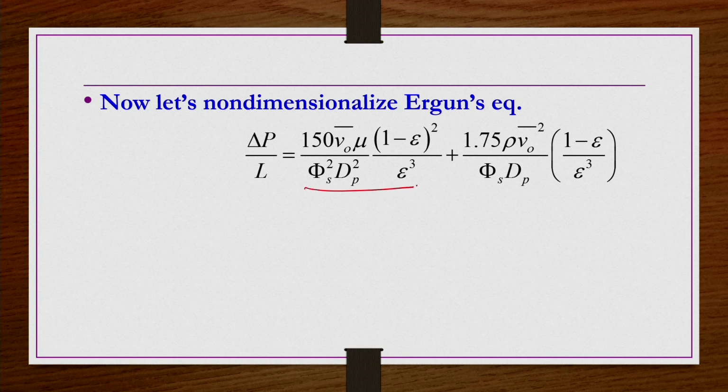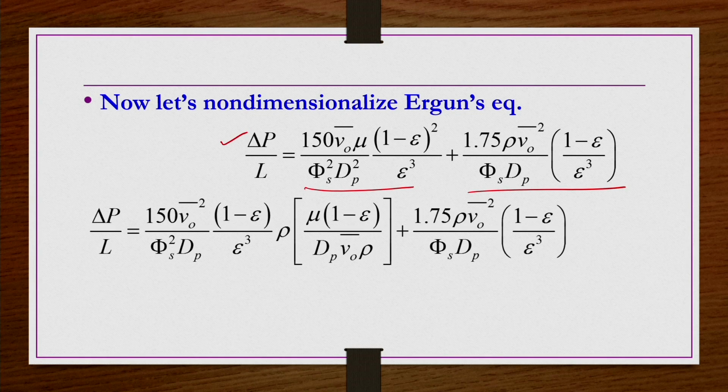So, this is the viscous losses part, this is the kinetic loss part, and then this is the total overall pressure drop. So, the overall pressure drop has an additive contribution of the viscous losses and the kinetic losses. Now, this equation we are going to rearrange.